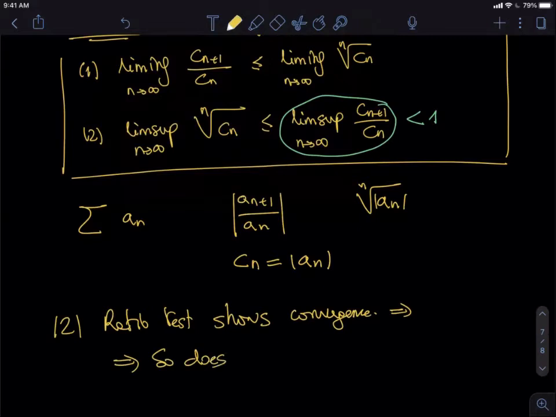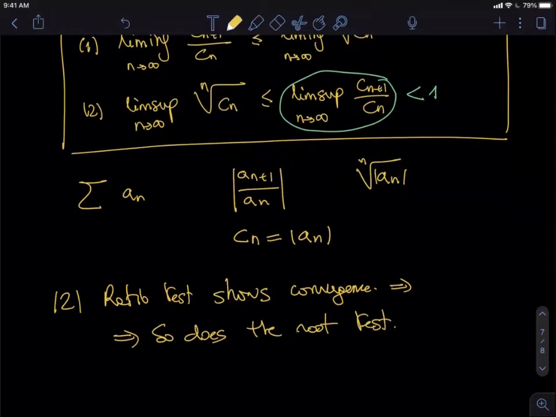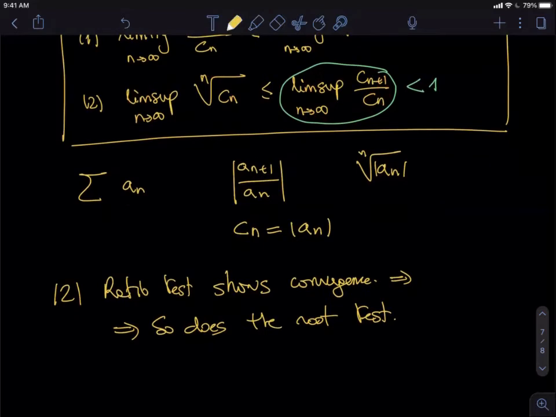So again, if the ratio test shows convergence, then so does the root test. So this means whenever the ratio test works, the root test also works. But there may be cases where the root test works, and the ratio test doesn't. We saw examples of this in the previous video, where this was exactly equal to 1, but then the lim-sup of the root was precisely less than 1. So that's the important thing here,